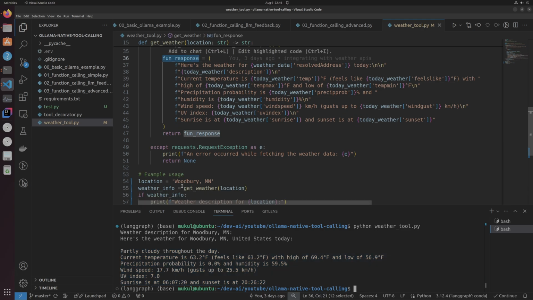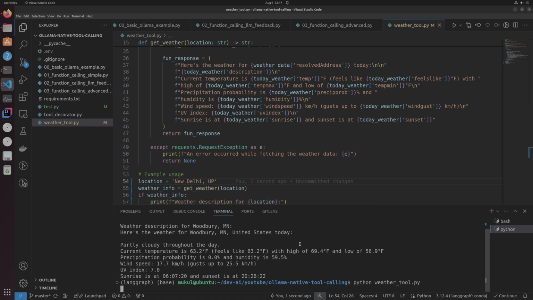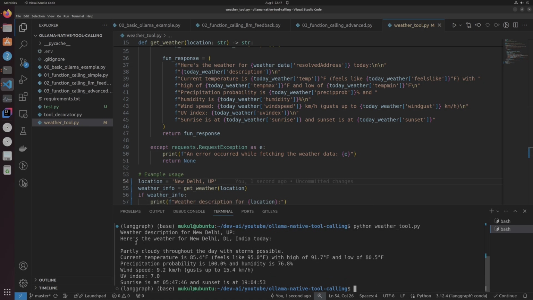And you can change it to anything. You can change it to, let's say, New Delhi, UP. Let's do this, and let's run this again, and let's see what happens. So it says that the weather description for New Delhi is partly cloudy throughout the day with storms possible and